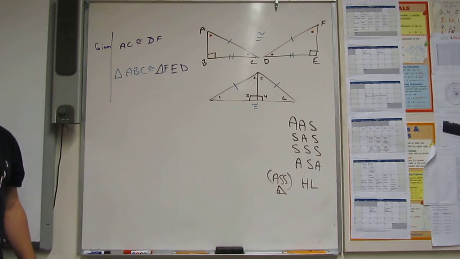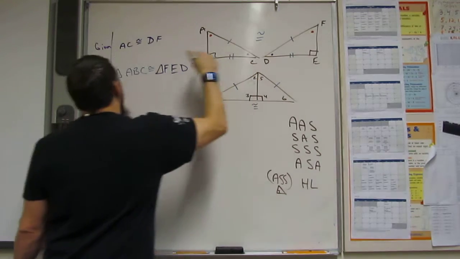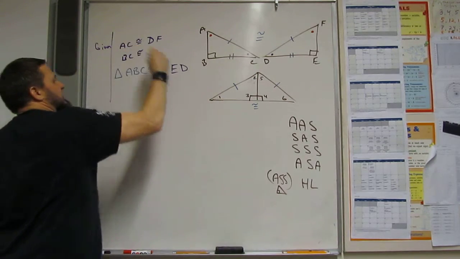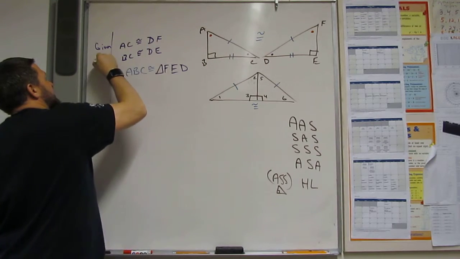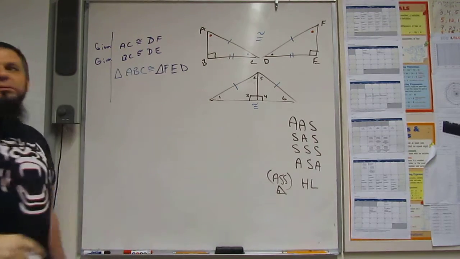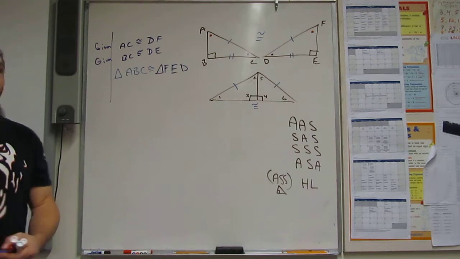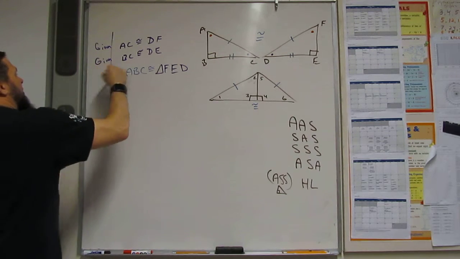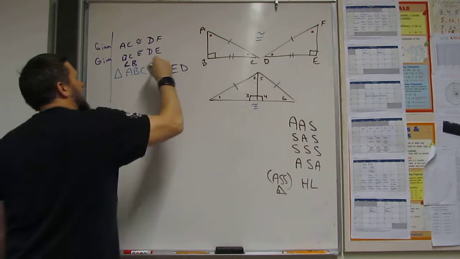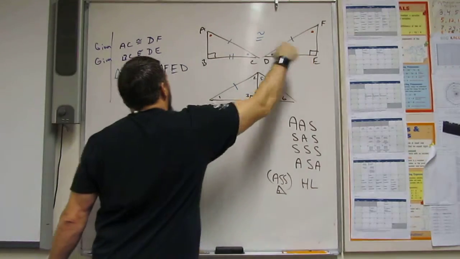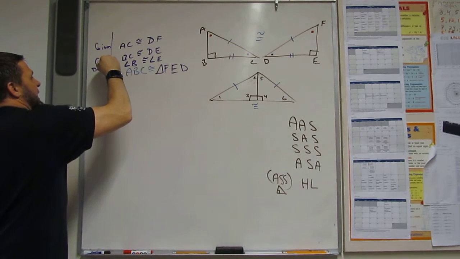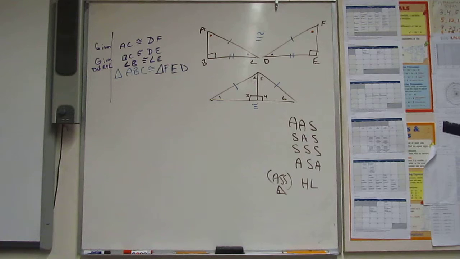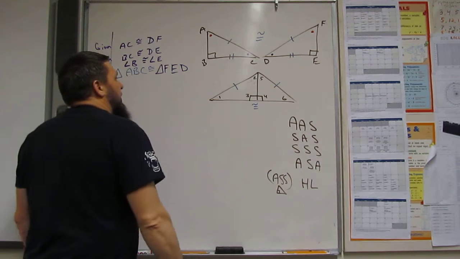Right? We know that BC is congruent to DE because it's given. Okay? We also know that angle B is congruent to angle E, definition of a right angle. Right? Because they're right angles, they're 90 degrees. They have to be the same, right? So now we have